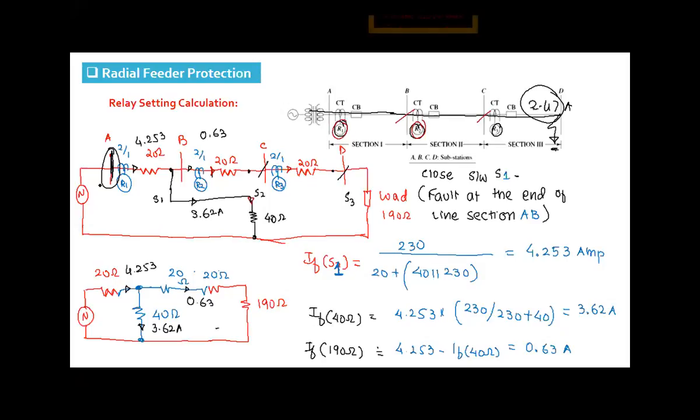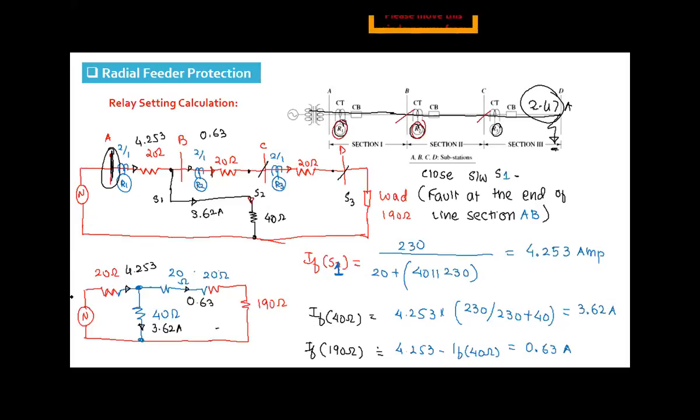Right. Now, why is this fault current important? Because in TMS calculation we require the plug setting multiplier, and the plug setting multiplier can be calculated from fault current upon pickup current. That is why we need to know the fault current. That is the role of EPS2 in power system. You carry out fault current calculation, and that is required here for the relay.